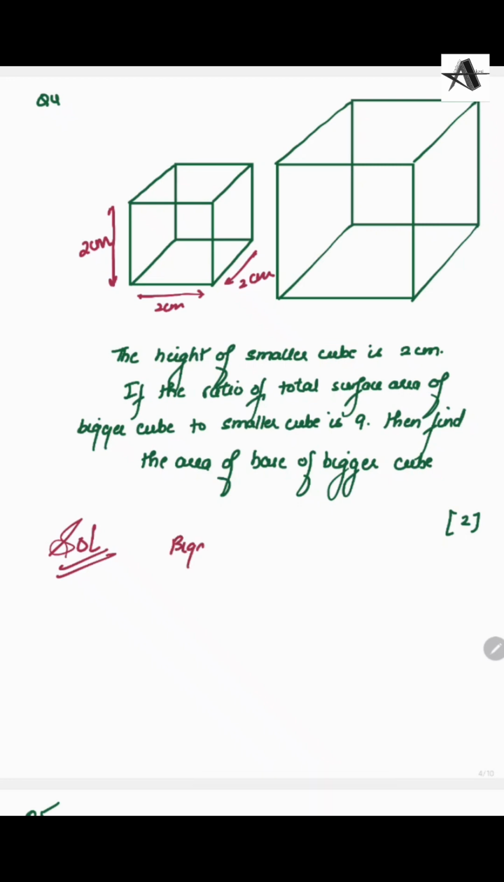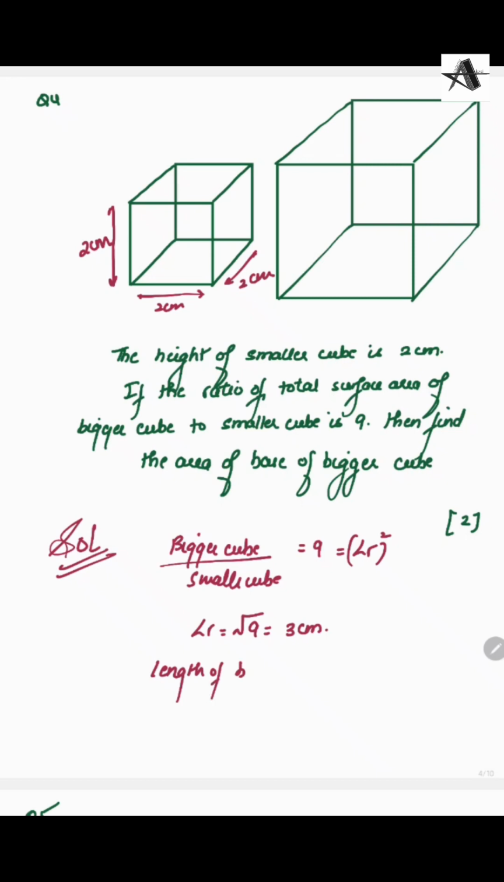So bigger cube over smaller cube is 9. So this is equal to length scale factor whole squared. So length scale factor will be root of 9, that is 3 centimeters. So length scale factor is 3 centimeters. That means length of bigger cube